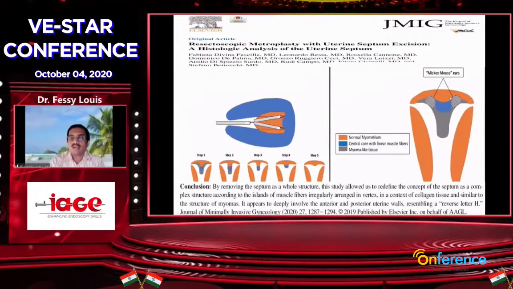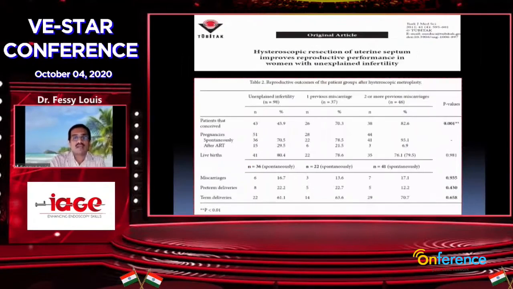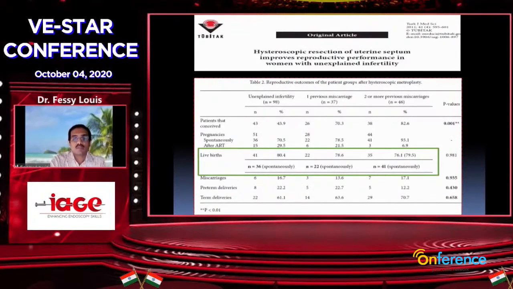Or we can cut the anterior and posterior and cut the central part. So we have to consider the septum as a whole. This is a new concept which has been advocated by the Bertocci Bari group. So this is what we have to see, so that the inner space is more and better. Whatever be the hysteroscopy, the success rate after hysteroscopy, the pregnancy rate, live birth in unexplained and previous miscarriage rate